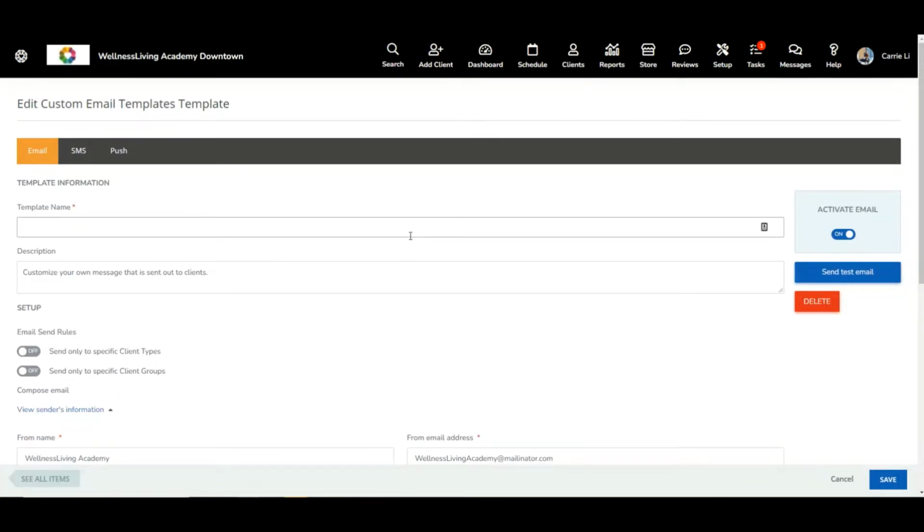Okay, so that's a key thing to remember. Now, you may go, well, then in this case, if I have this already, then how would I go about emailing this if it doesn't get sent out automatically? So you might have learned this throughout your onboarding process, but what we can do is we can actually go